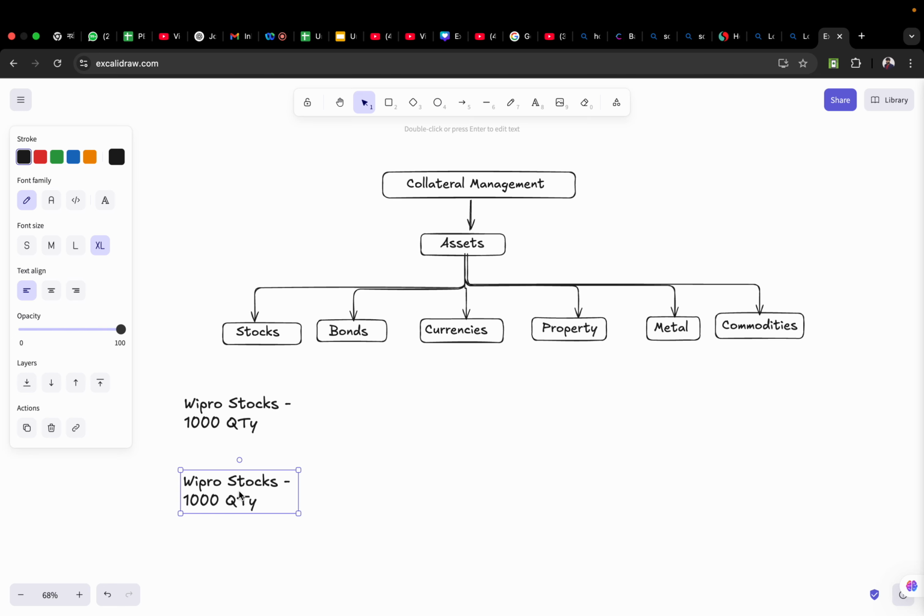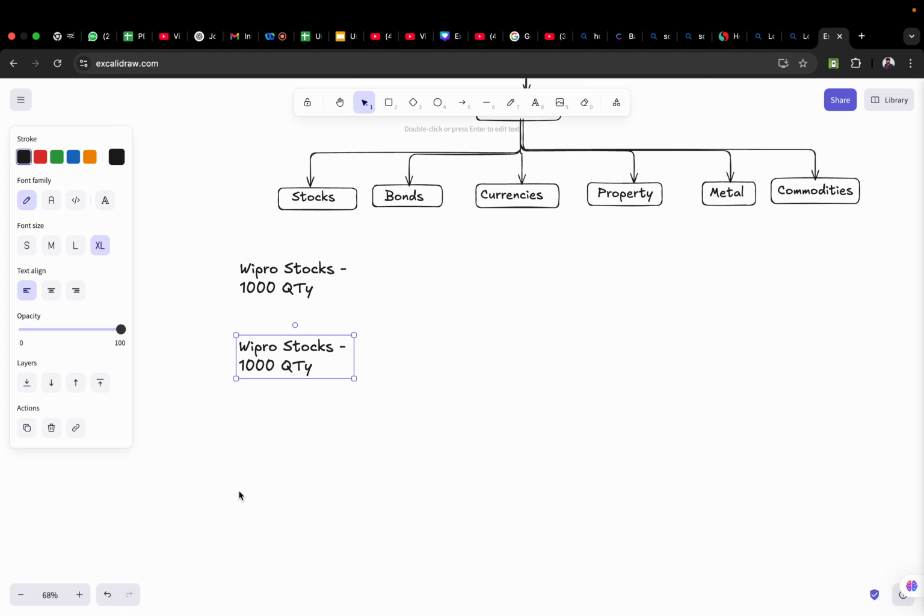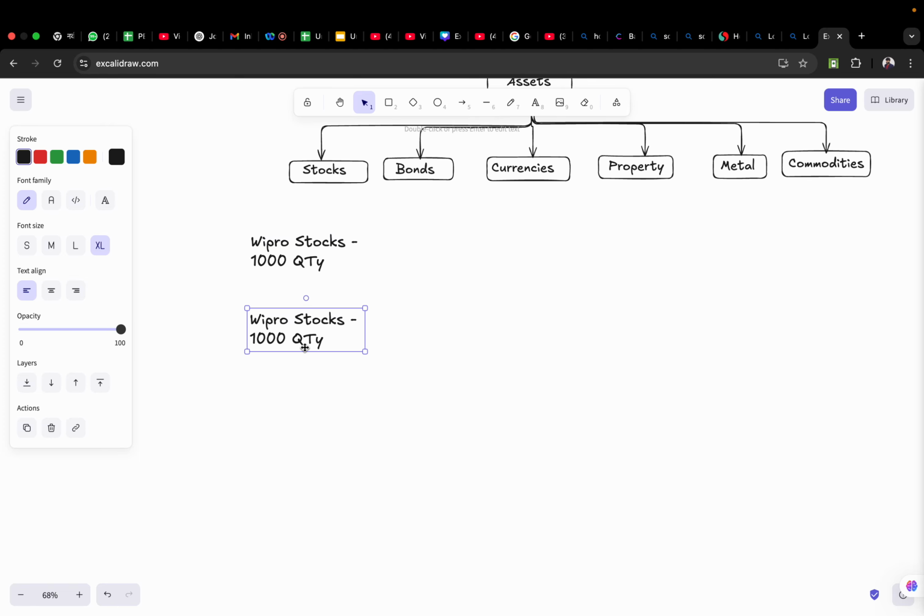Then you realize that you are holding thousands of quantities in your account, Wipro quantities. Then you simply call me, hey, look, I'm holding 1,000 quantities of Wipro. Now you tell me what to do next. Then I'll guide you. Look, what you can do, if you have the quantities, check the current price. Let's say the current price is